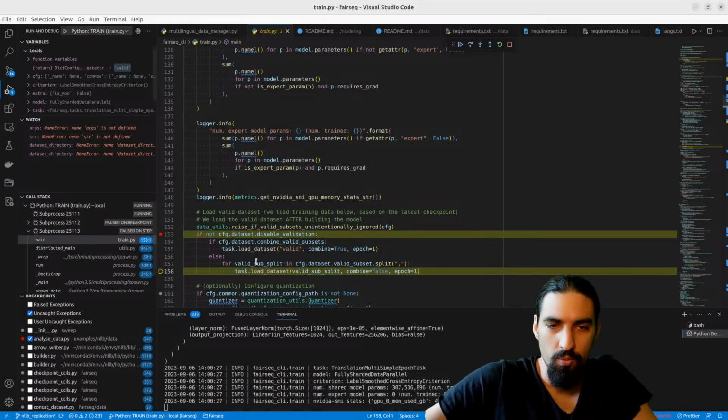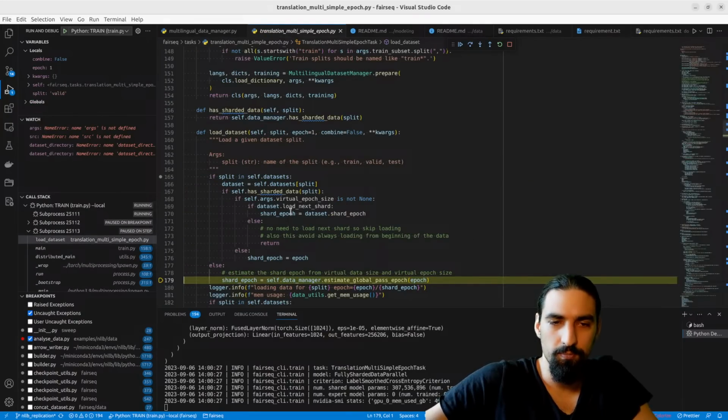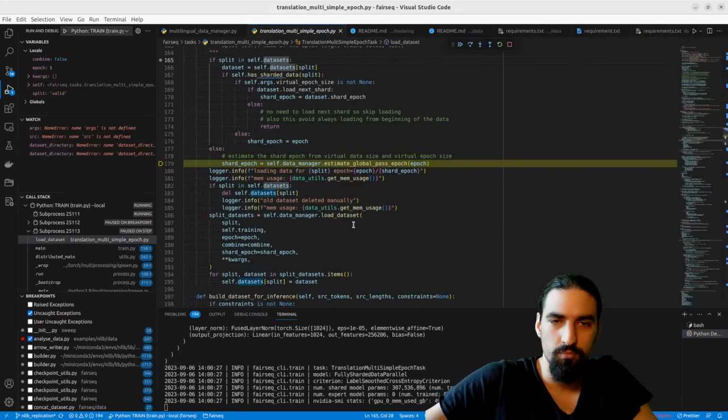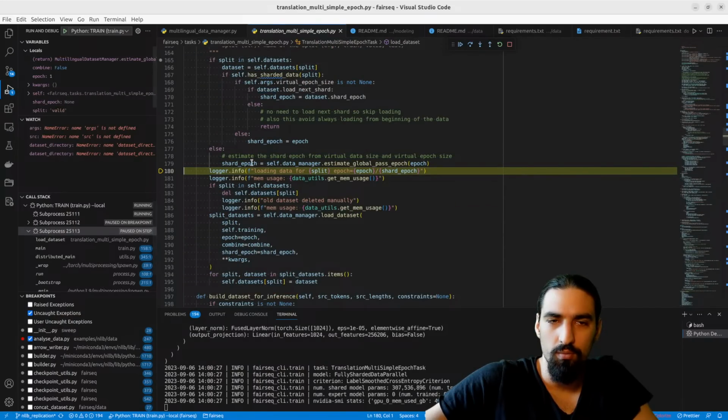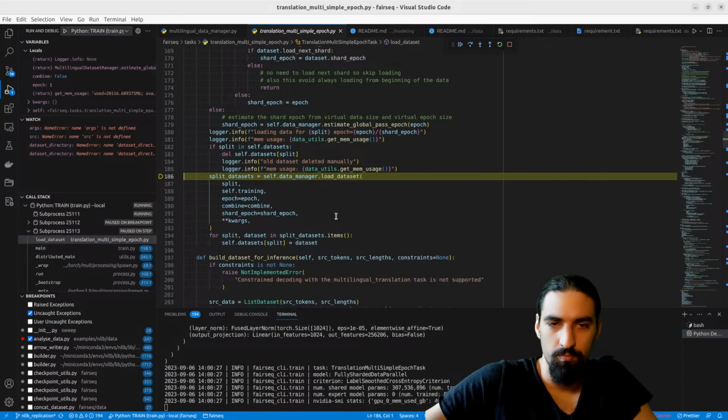So we go through this and we just load the data set. Let me see how this is going to work in the background. Loading data. Okay, let's load validation, training set to true, epoch 1, shard epoch.